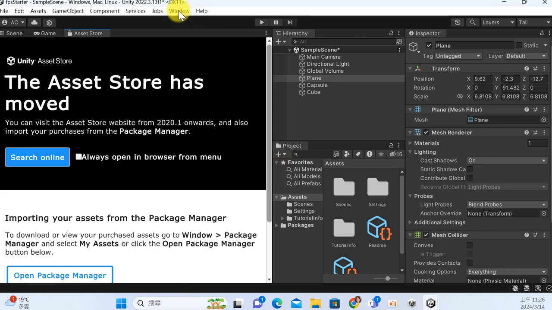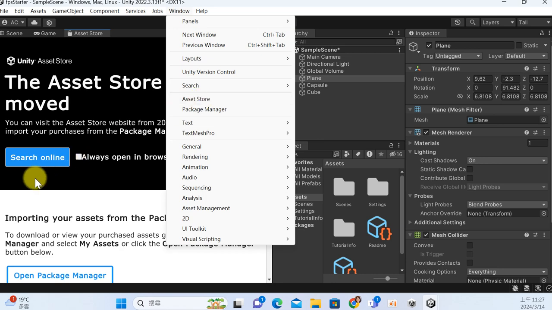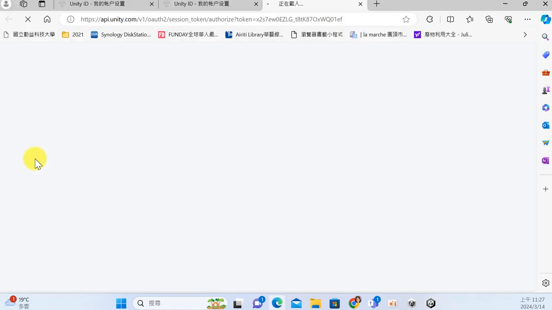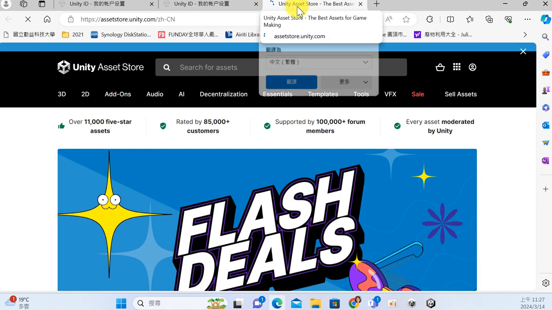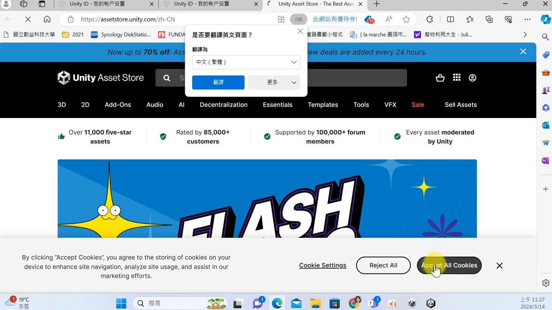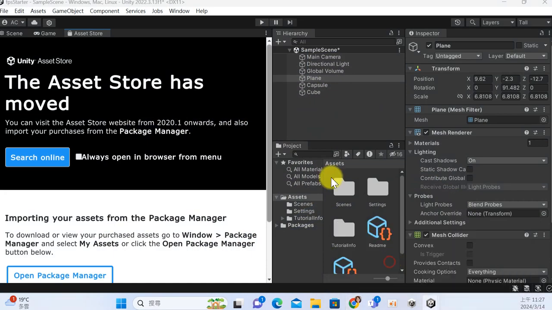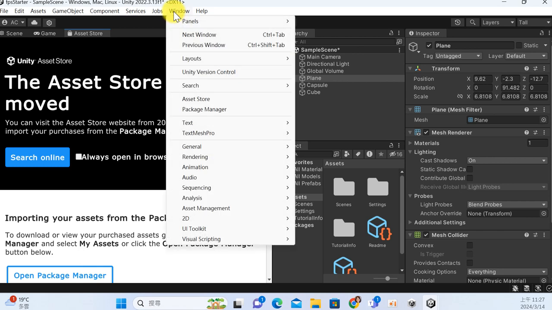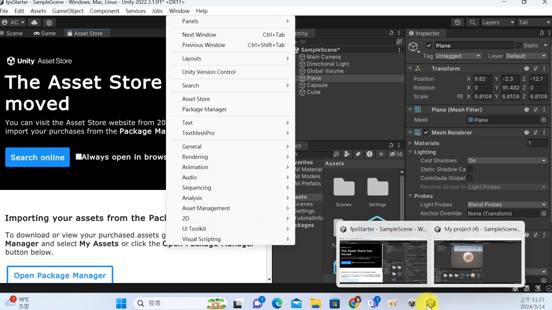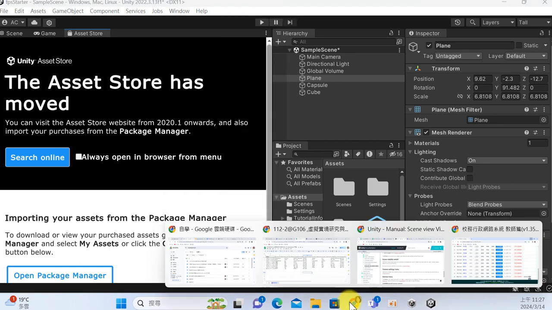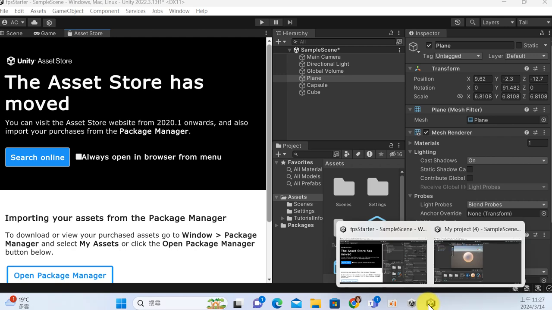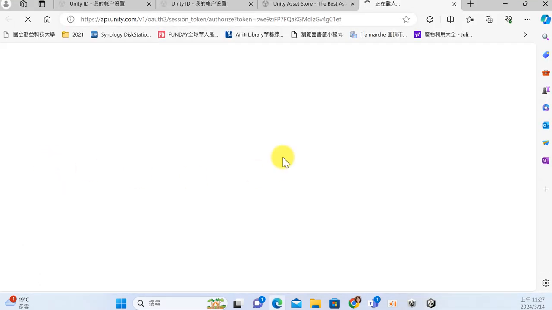So we just click on Window, Asset Store, and it will link to the Unity Asset Store website. 所以如果你不会自己做素材，然后你想要用一些现成的素材，你可以从 Windows Asset Store 连到 Unity 官方的素材库。